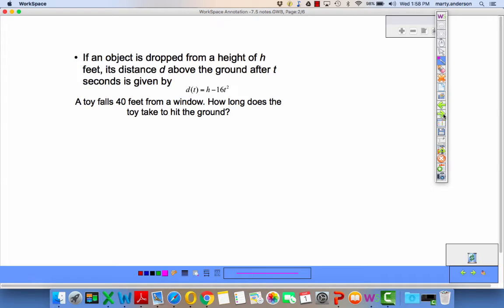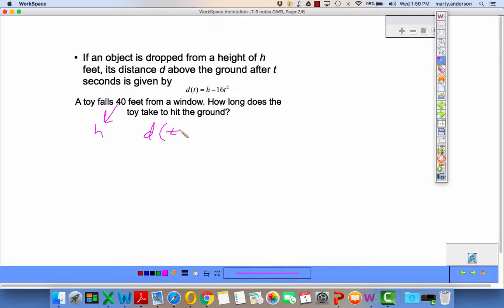If an object is dropped from the height of h feet, its distance d above the ground after t seconds is given by that equation. It says a toy falls 40 feet from a window. How long does it take the toy to hit the ground? So this is going to be h. So I'm going to have